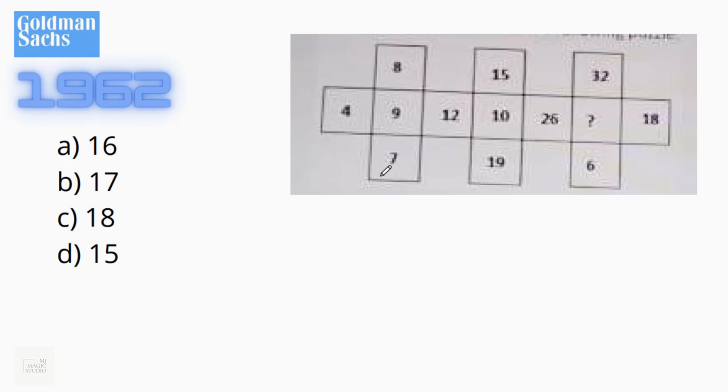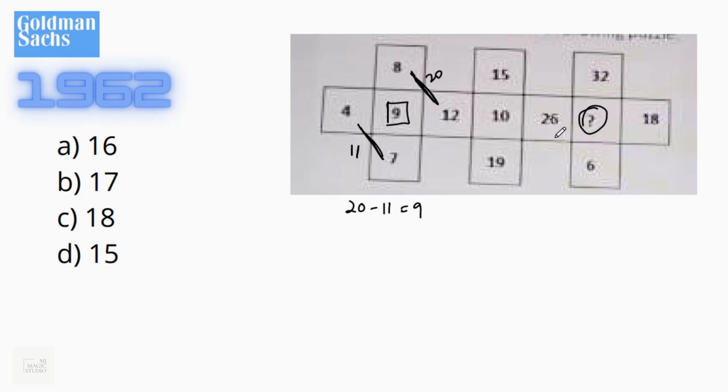Okay, the next one, these numbers are in some boxes and we need to try to identify something around these 5 by 5 box so that we can identify the middle one. So here is 8, 4, 7, 12 and somehow what we can calculate here is 8 plus 12 is 20 and 7 plus 4 is 11. Okay, so 20 minus 11 gives us 9, which is the number in the center.